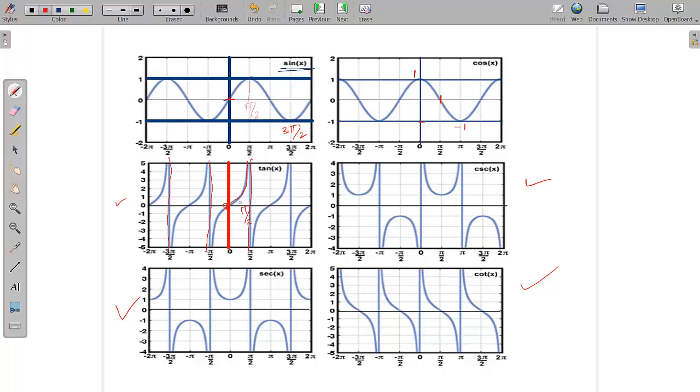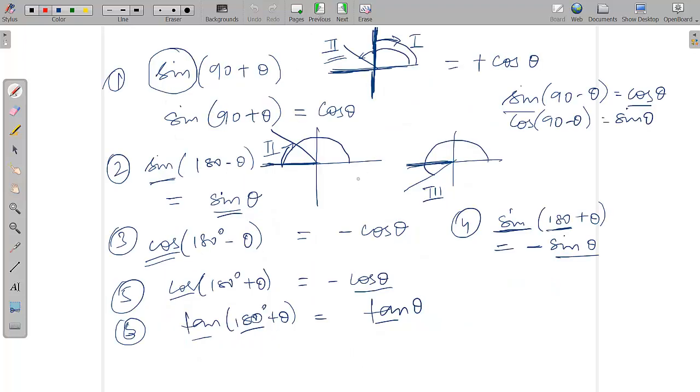Okay, so one more thing you can do is, let's say someone asks you what sine minus theta is. Again you can use the same coordinate system. For sine minus theta, we generally start from here. Since we are not going in this direction, we are going in this direction, minus theta.